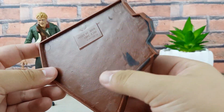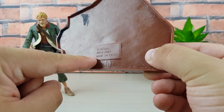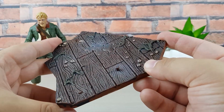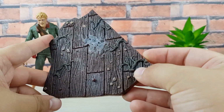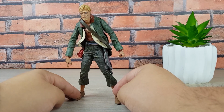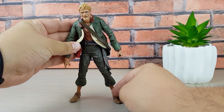But on the back of it, you can see there's a stamp with Disney, made in China, you know, the NECA logo, all the usual, and some paint, but that won't bother you because that will be on the back. But I would say pretty decent looking stand. Time to have a closer look at this fella here, and the first thing I noticed